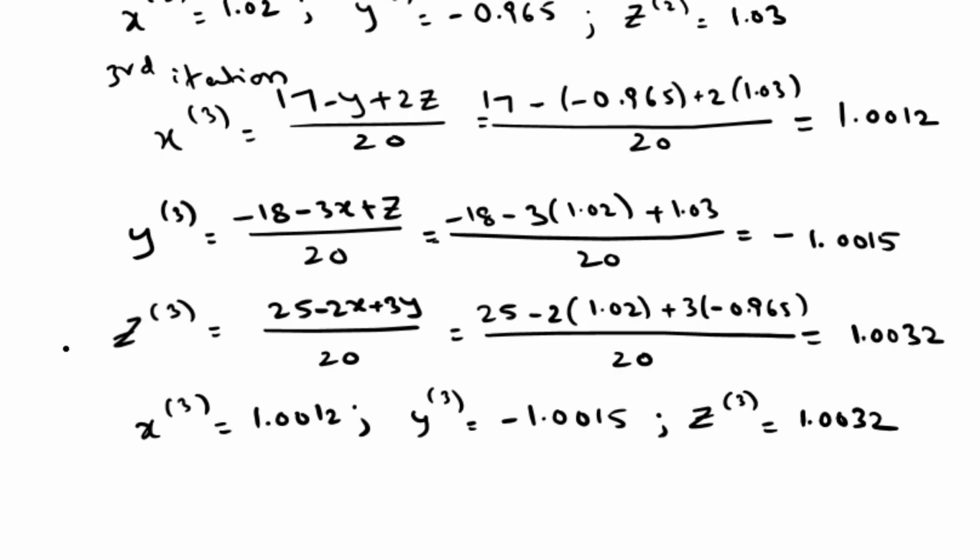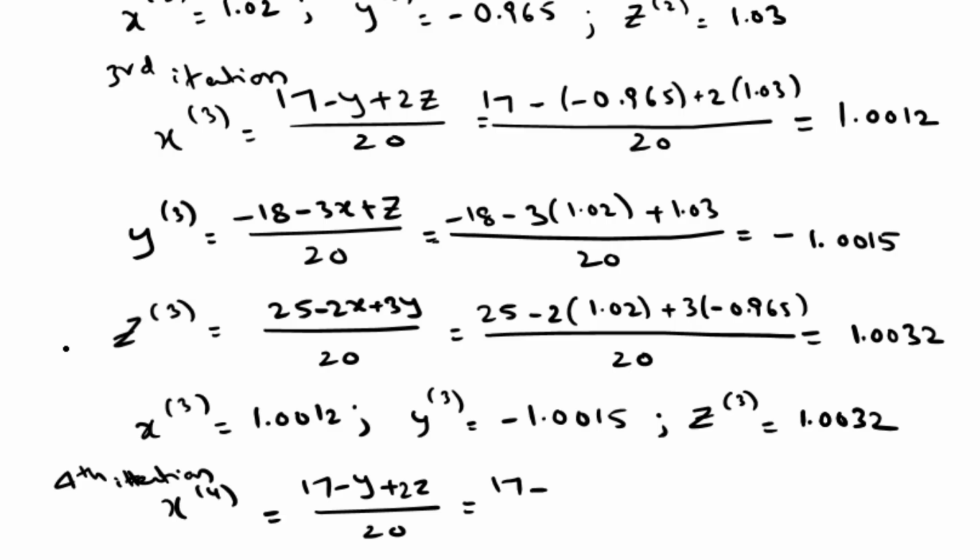Now by using these three values we obtain again for the fourth iteration, x in the fourth iteration is equals to 17 minus y plus 2z by 20 equals to 17 minus of y is minus 1.0015 plus 2 into z is 1.0032 divided by